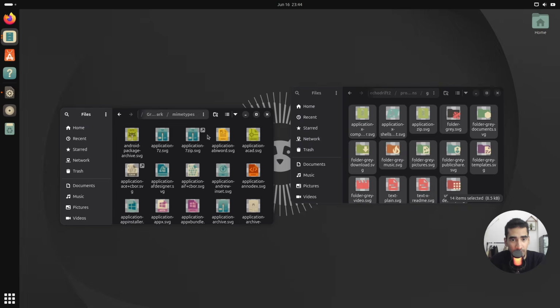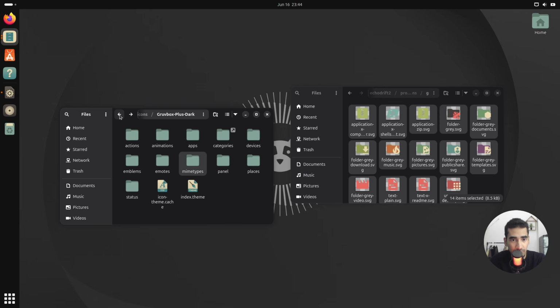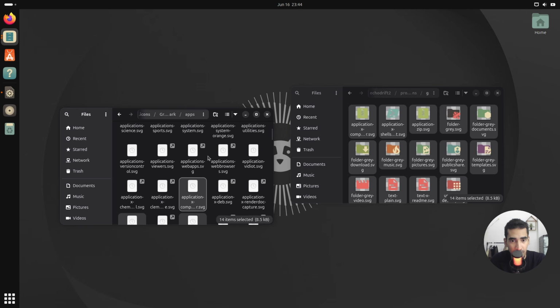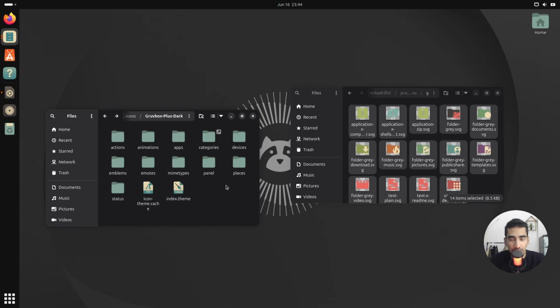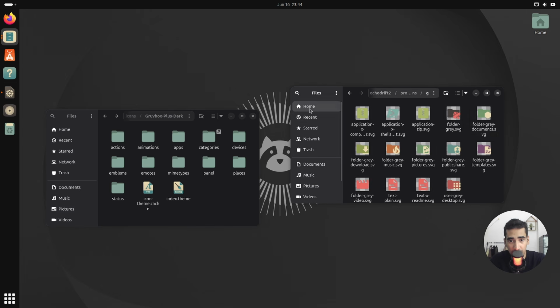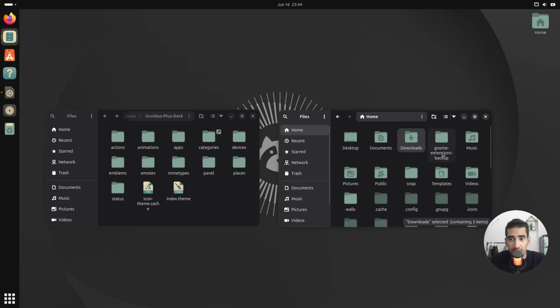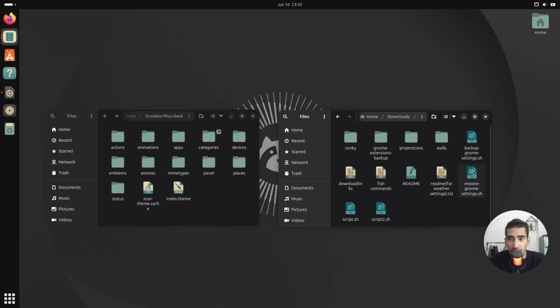Okay, go to scalable and then paste them over here, and after that let's go to apps and then go to scalable and paste them over here as well, although I did not need to paste them inside the apps folder, but just to be sure. Okay, so once I've done all of this, go to my home directory and you'll see that the icons still look the same. That is because I need to go to